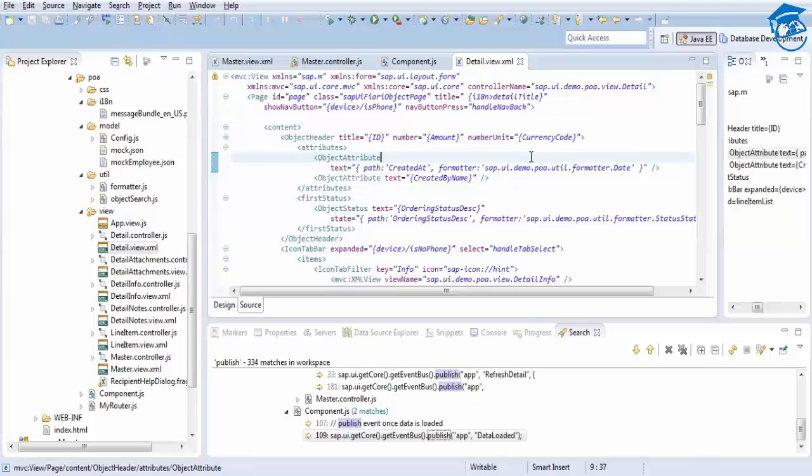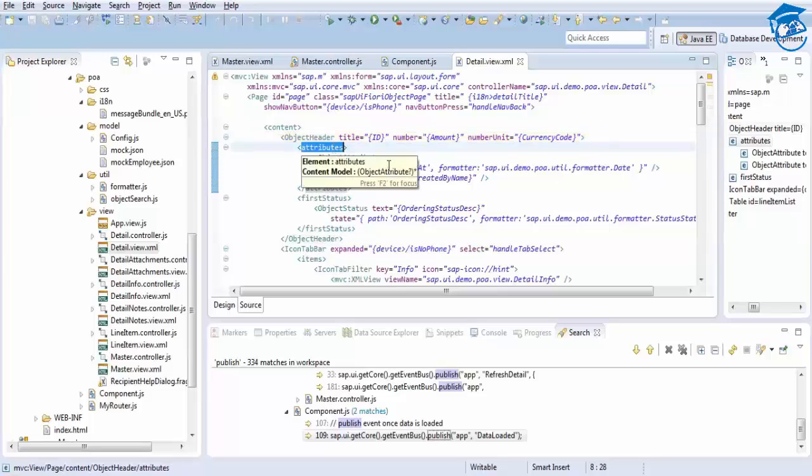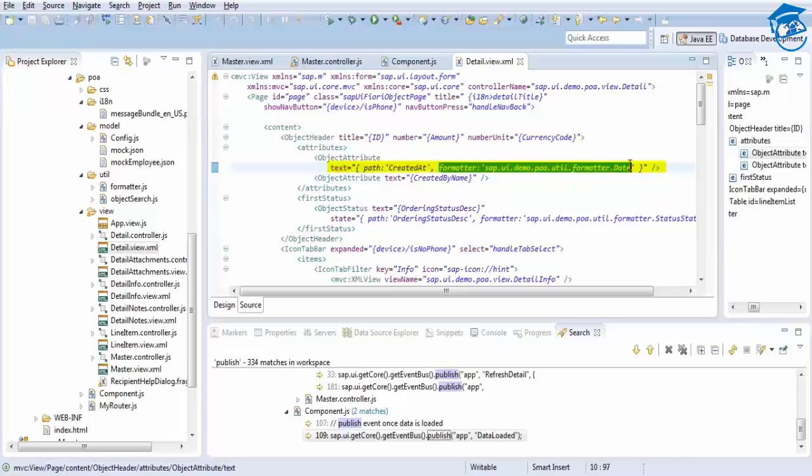So in detail view.xml, we have taken ID, and we have taken number, and a number unit, and then we have attributes. Inside this attributes we have text. In this text we are using a formatter, because created at is a formatter. So created at, the date will be in a date format. We have specified one format for this entire application, so we're going to use that date format throughout the application. So this is the text, and created by name,